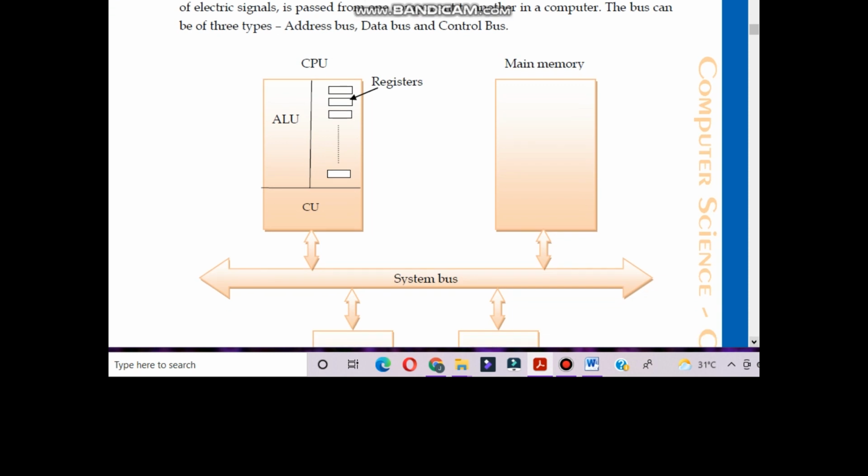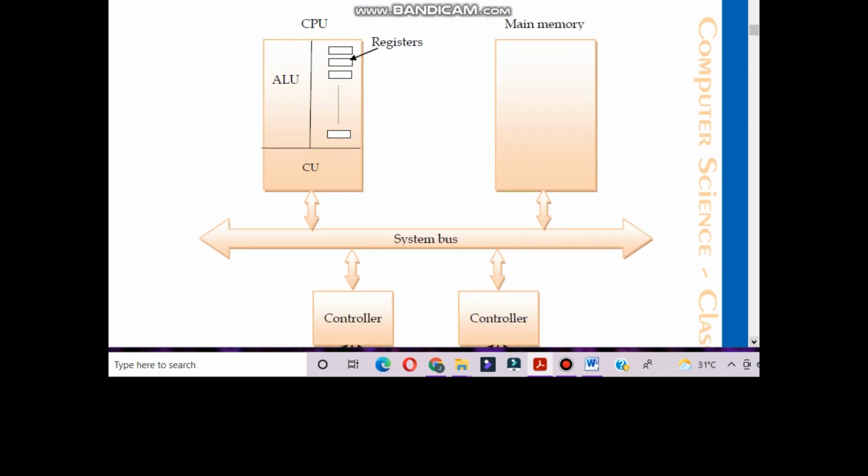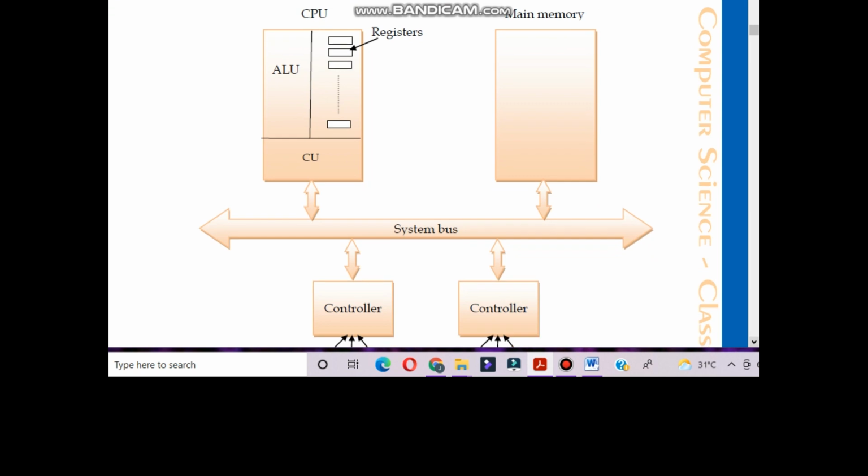Now here you can see a diagram of how it works. This is the CPU, the central processing unit. In the central processing unit you can see the ALU, arithmetic logic unit, which helps in performing arithmetic and logical operations. The control unit controls all types of operations related to input or output devices, ALU, and memory registers.